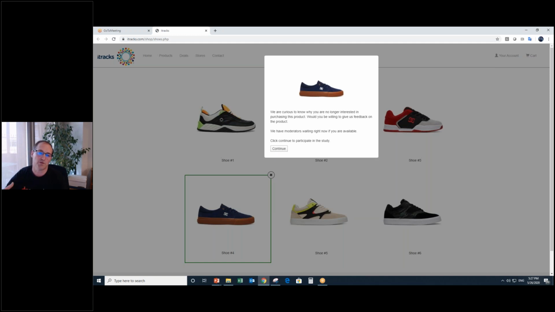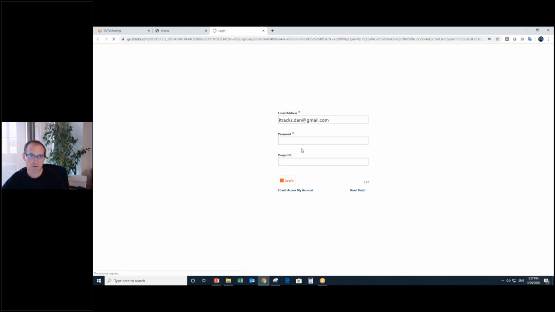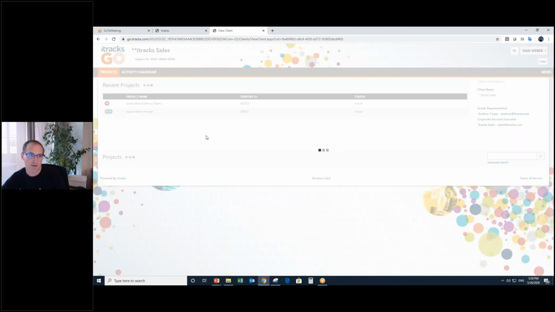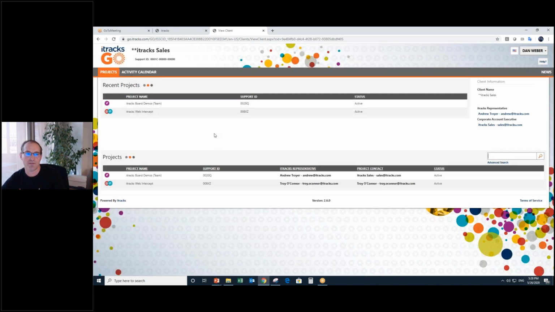So this will be the trigger point in which your client has set up and says, listen, we want to talk to these people in a qualitative engagement. It pops up a request asking if they'd like to participate. They say yes. This is when it jumps us through using APIs to a qualitative setting. I have actually set this up from a researcher standpoint as opposed to participant, but you can see it jumps us over to our software. I can log in, and I'll show you 3 examples of where this can take us.